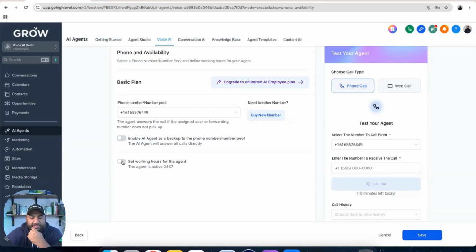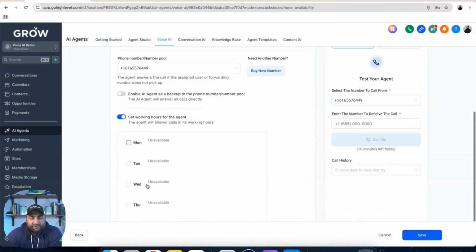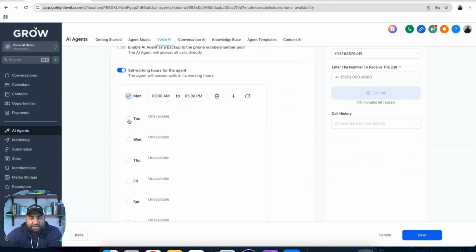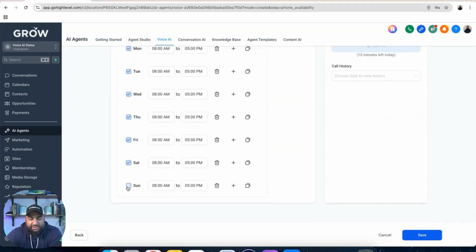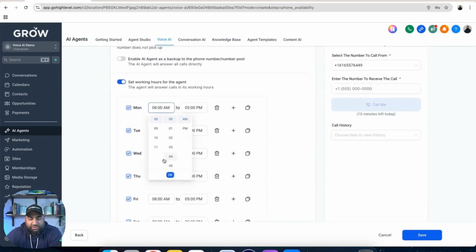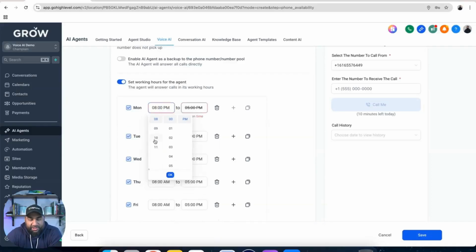Now over here, if you want the agent to work specific hours only, sometimes we refer to that as after hour agents. You can specify the working hours of the agent. Say, suppose Monday, Tuesday, Wednesday, Thursday, and Friday, Saturday and Sunday over here. I want the agent to only activate and only trigger from 6 p.m. Well, that's when it starts, to